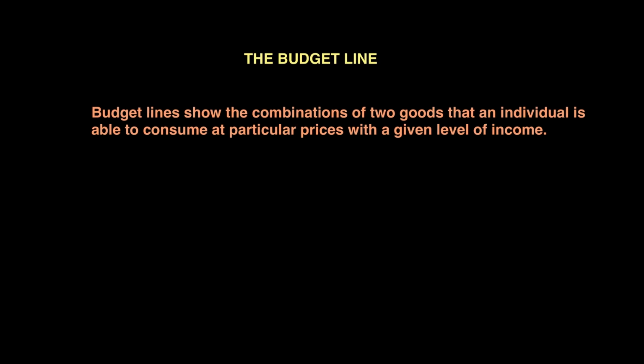Now that we're done with the discussion about the indifference curve, which tells us the preferences of a consumer, because we saw an indifference curve is plotted by looking at people's preferences and ranking, we're good to talk about the affordability part, because if you want the demand to become effective demand, not only do you want willingness, but you also want ability. So a budget line is useful because it actually helps us understand the affordability, because it shows us the combinations of two goods that an individual is able to consume at particular prices with a given level